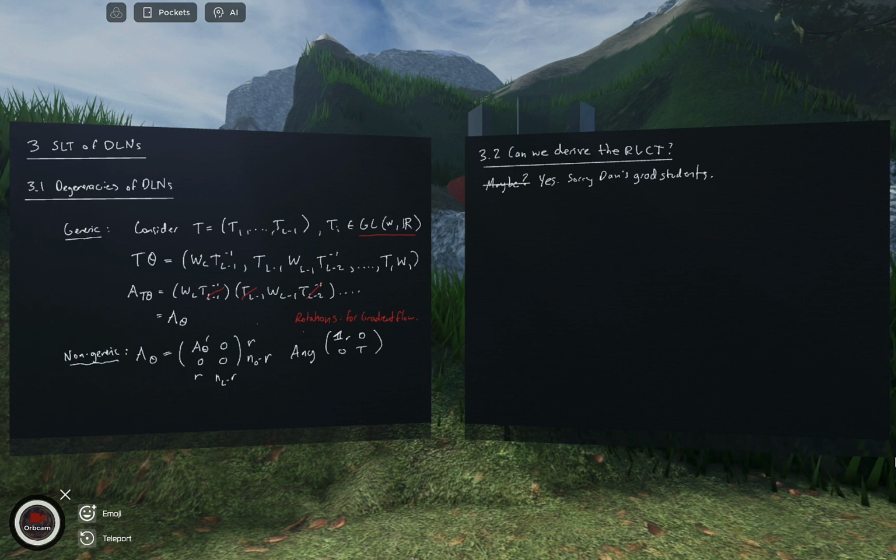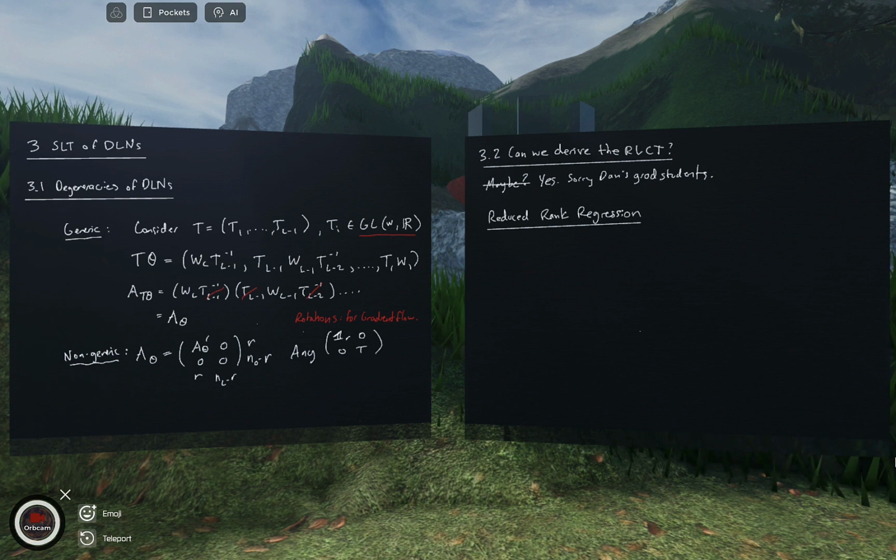So Aoyagi has had the RLCTs of a reduced rank regression model since 2000. That is exactly what we're going to talk about right now. Is this what's different about what you're asking for compared to that? Reduced rank regression, you anticipated perfectly. It's usually just the case with two matrices. So this is a special case.